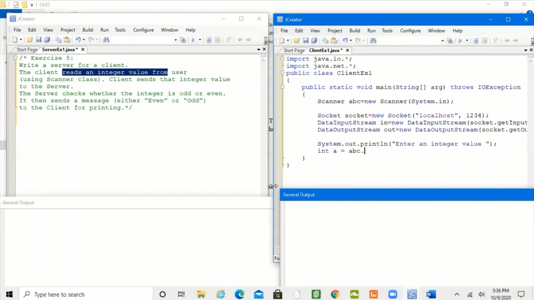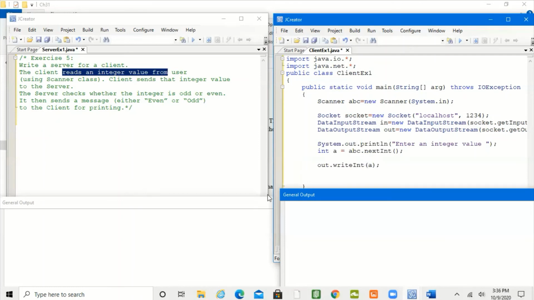ABC is the scanner object, and nextInt is the method to read the integer value from the user. Now I pass this integer value to the server. Writing means I have to use the output stream: out.writeInt, and the value is A.